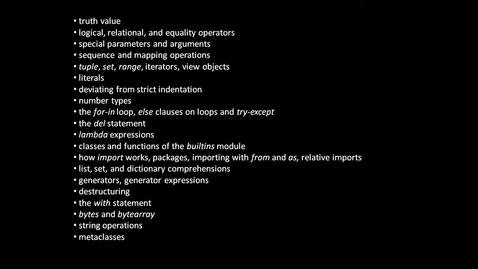And then the bytes type, that's effectively a data type which represents some sequence of bytes. And a byte array is just a variant which is mutable. The bytes type is immutable, just like strings are immutable. And then we will discuss all of the various methods found in the string class. There are many different useful methods there.